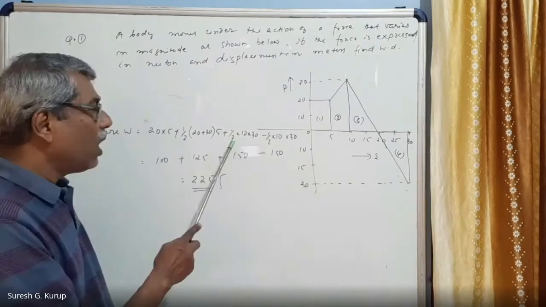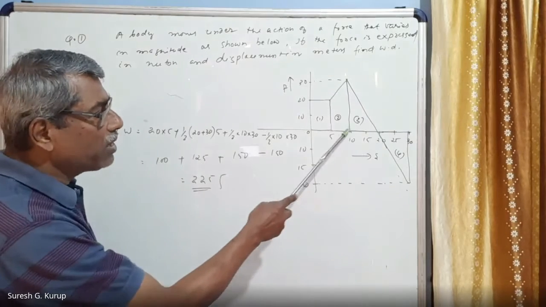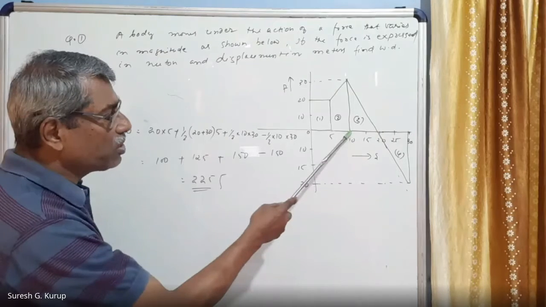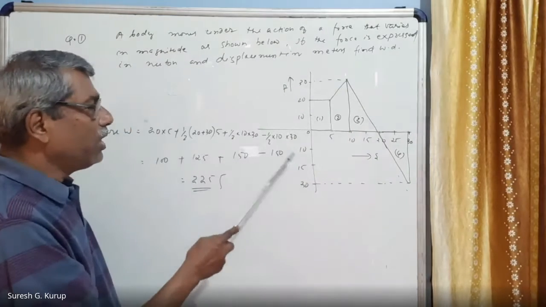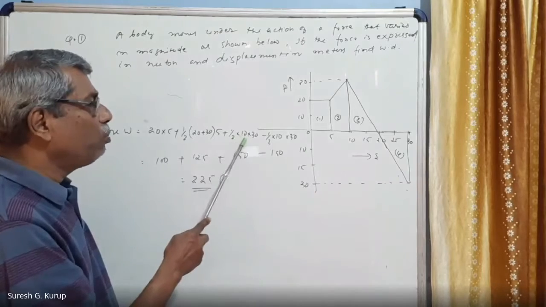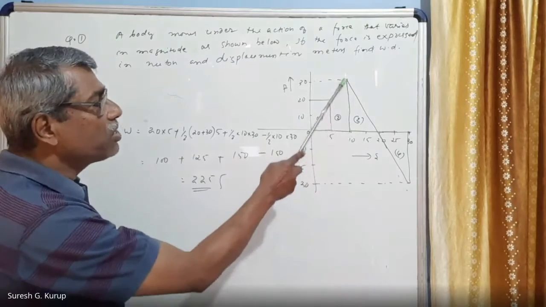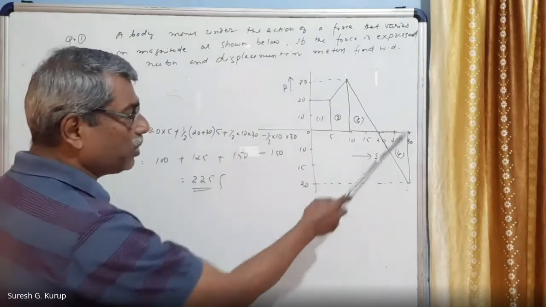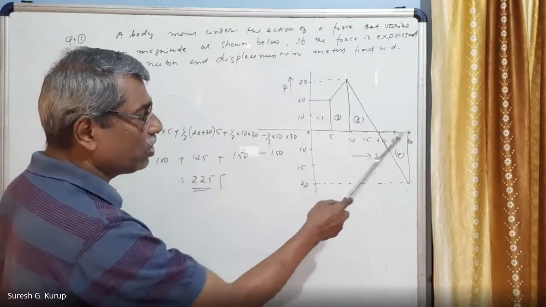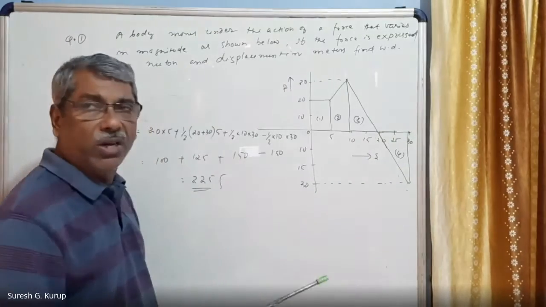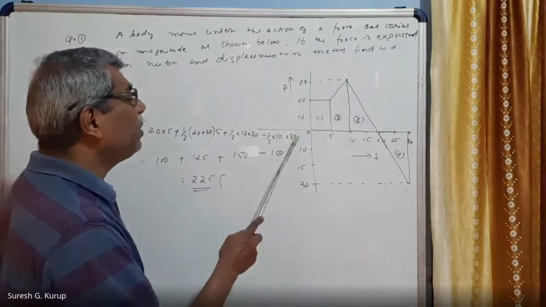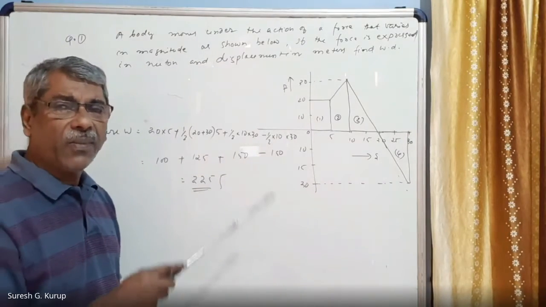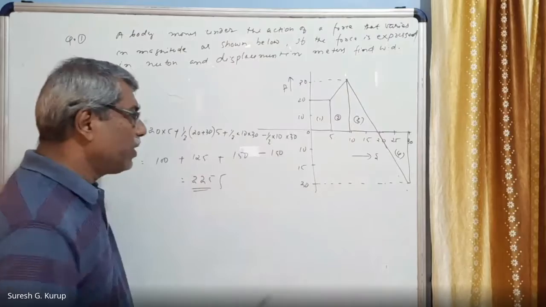The other part is a triangle. Triangle is equal to half into base. The base means 20 minus 10. So this much length, this much distance is total 20, this much is 10. So 20 minus 10 is equal to 10. That means half into base into altitude. This is the altitude. Up to this much height is 30, and this is 30 minus 20 is equal to 10. That is half into 10 into 30. Why the minus sign? Because that triangle is in the negative quadrant. That is why it is taken as negative.